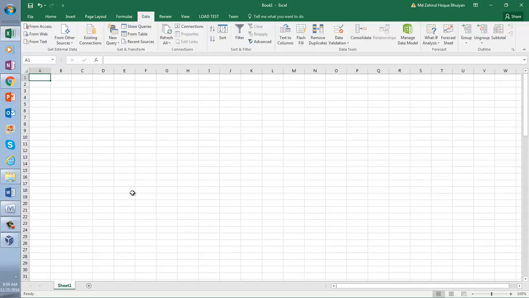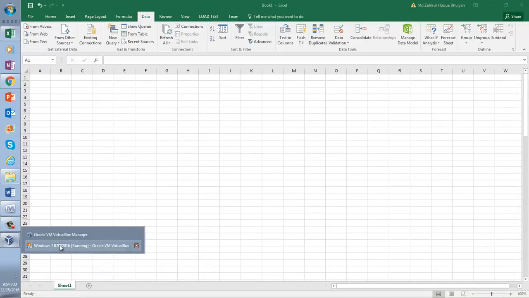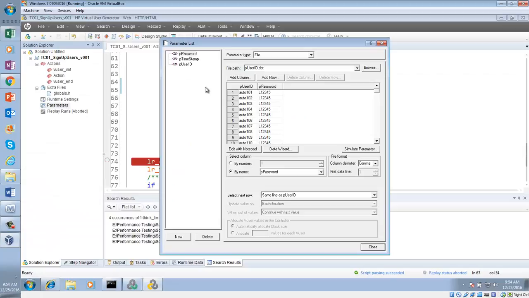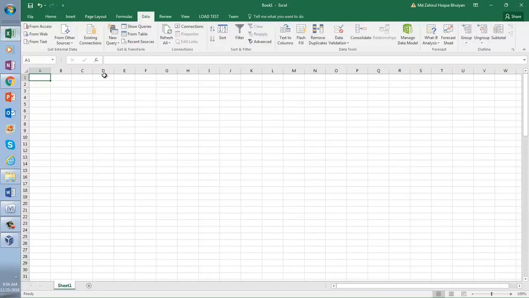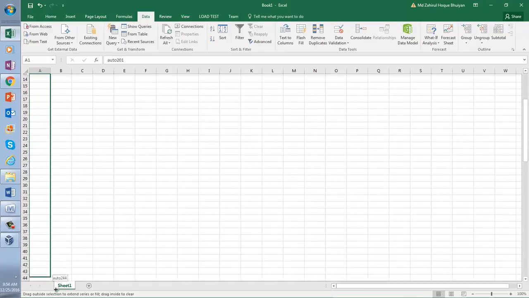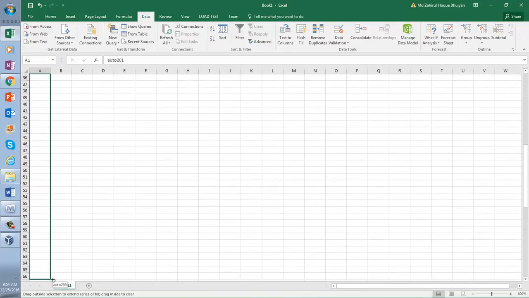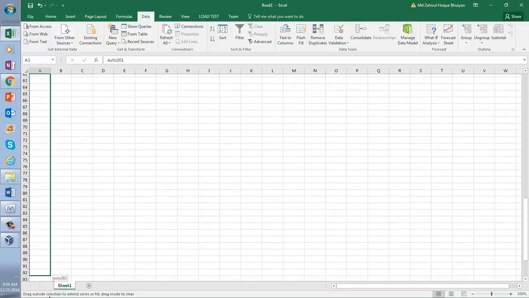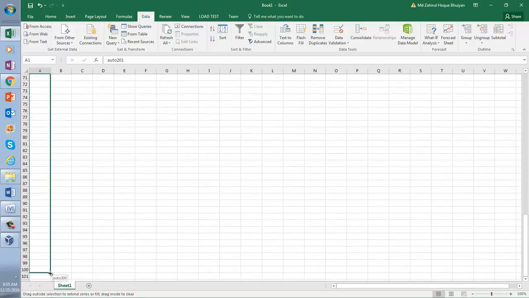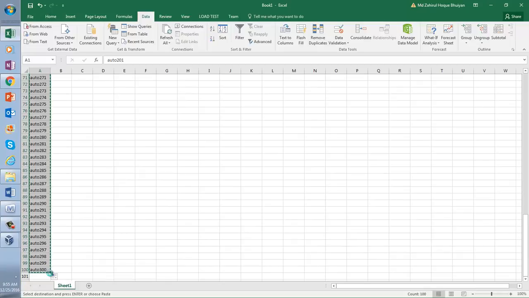If you take a look at the script, what was my first user ID? Auto 101. So let's say I want to start with auto 201, using the new registered user IDs. Auto 201. And then how many am I going to put? 100. Okay, then I'm going to copy them.